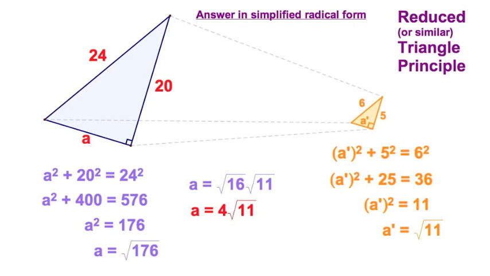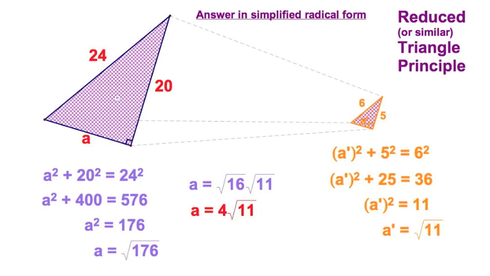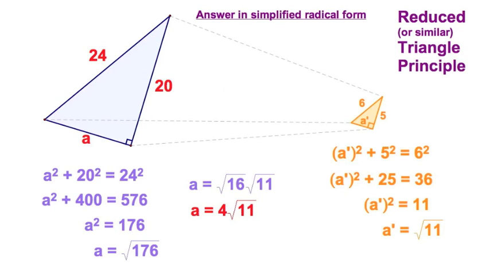And since each of the corresponding lengths in the orange, that's similar triangles, is 1/4 of this one, the blue one, I must multiply by 4 to go from orange to blue. So, therefore, if a prime is radical 11, a is 4 radical